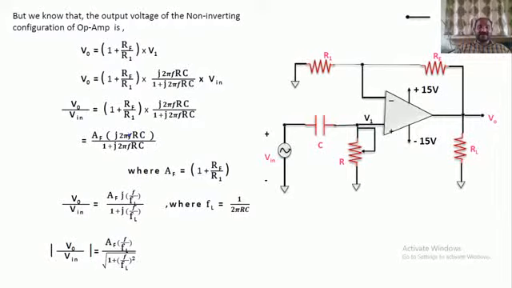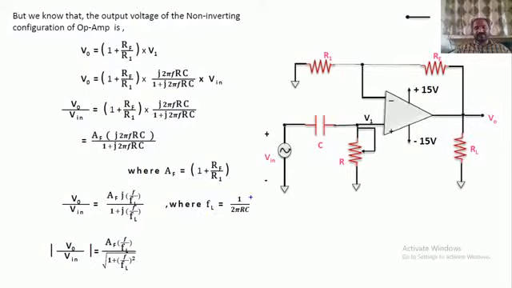In this equation I am bringing the 2 pi RC into denominator format by assuming FL equals 1 by 2 pi RC. As I told you, RC is the time constant, and the reciprocal of RC is a frequency, since 1 by T is the frequency. So I am assuming this term 1 by 2 pi RC as FL, which is the low cutoff frequency of the high pass filter. This FL shows from which frequency component onwards the input signal is accepted by the high pass filter.